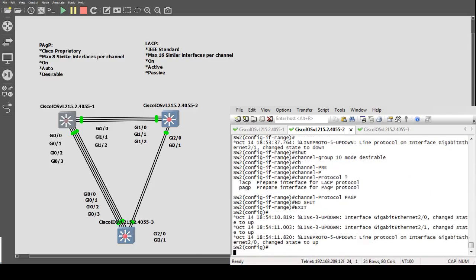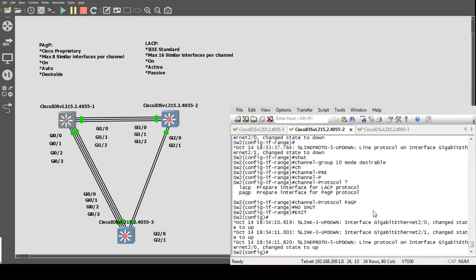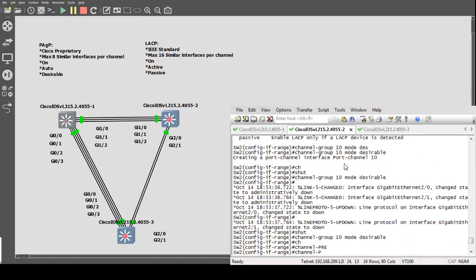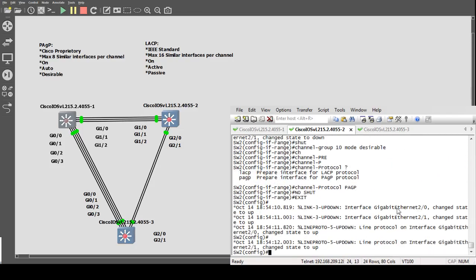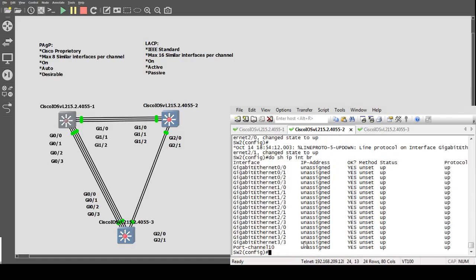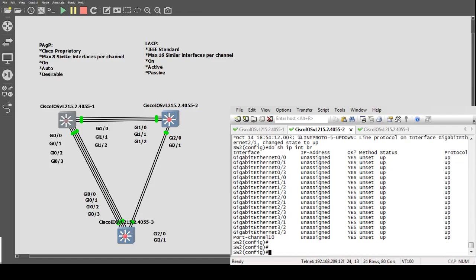Now as you've seen from this channel group 1, we're creating a port channel interface. Now this is the actual interface that we're going to edit right now. So I'm going to show IP interface brief. We now have a port channel. We still have the gigabit interfaces. Connect, interface port channel